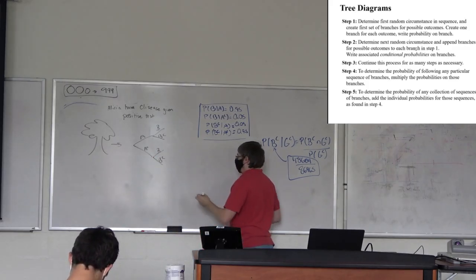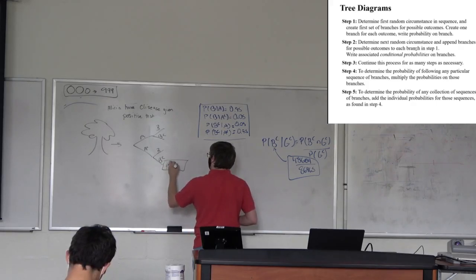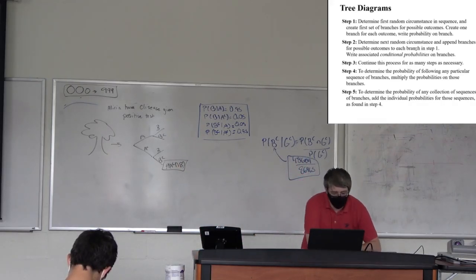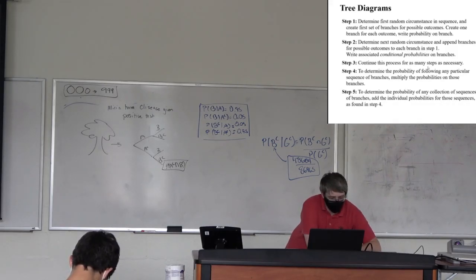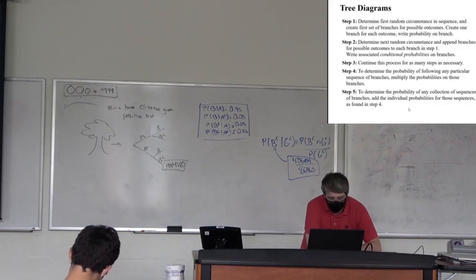And so this particular branch right here would bring the probability of A complement and B complement. And so you can continue this as many steps as you want to go along, and then determine the probabilities, you multiply across,